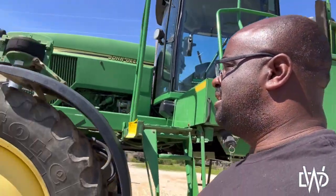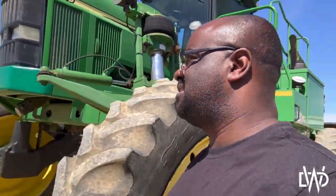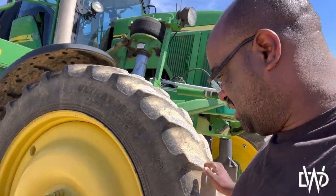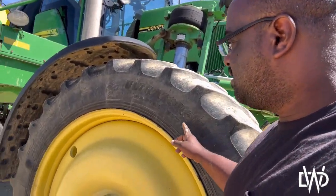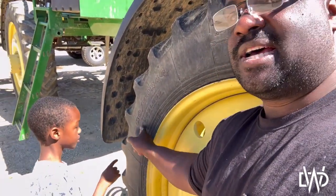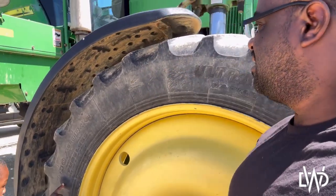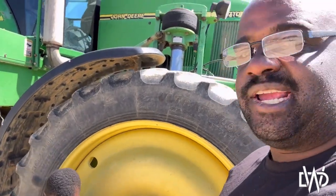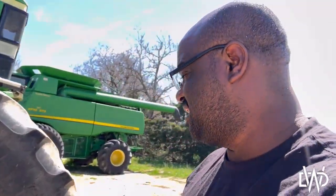And then on top of that, I got a tire right here. Not this one, but this front tire. Let me show you. I got to put a tire on this one. Where is it at? There. As you can see right here, I got a little knot on the sidewall, so that ain't gonna last long. That is 380/90R46. That's the kind of tire that's on here. 380/90R46. So I really don't want to buy a brand new tire because,